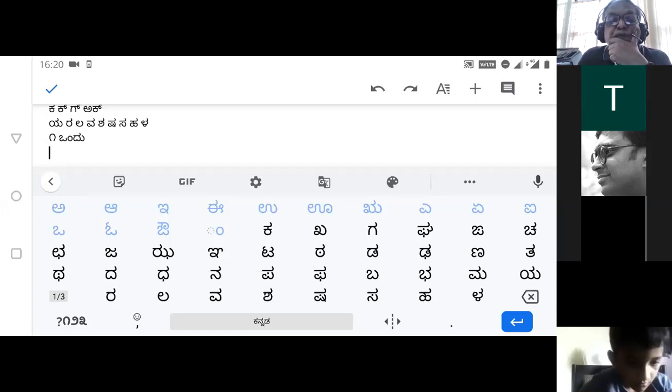Ondu. Tell me you got it. Anyone? One, that's okay. And actually typing it in Kannada letters, Ondu. One is called Ondu.